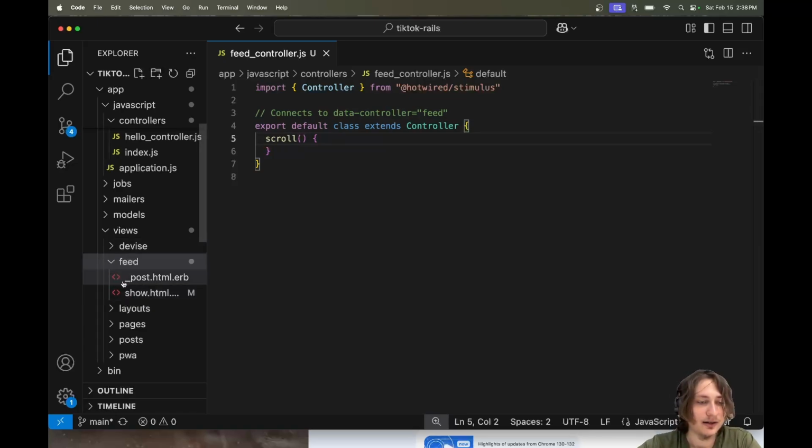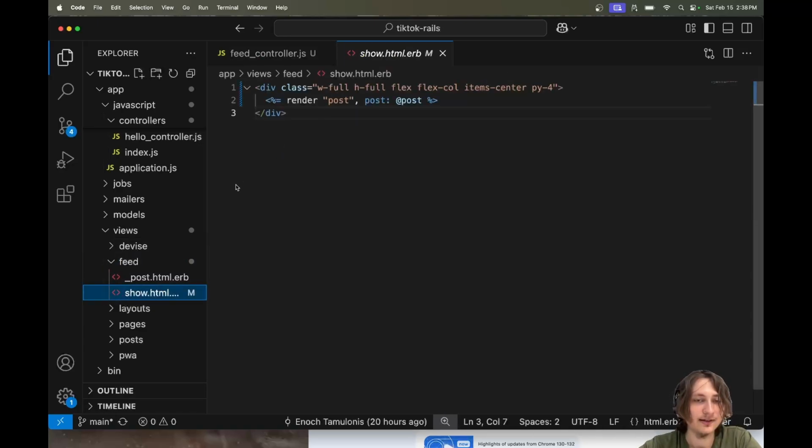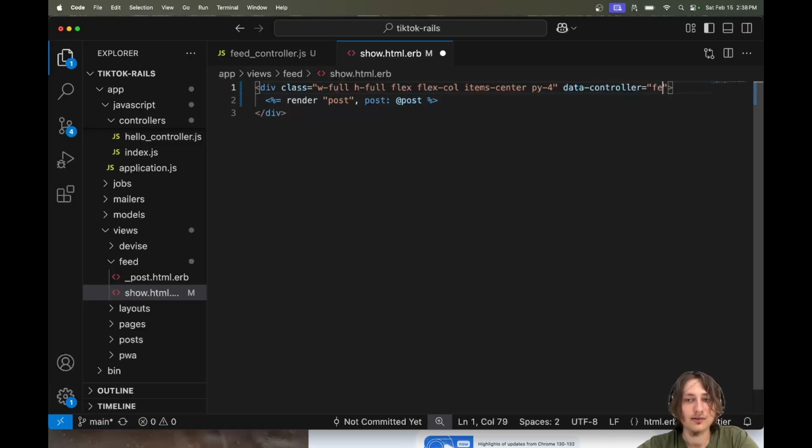And then back in the feed show page, we're going to need to connect our Stimulus controller. Like always, when you're using Stimulus, you connect it directly to the element. So we'd say data-controller, and then we're going to say feed. And now